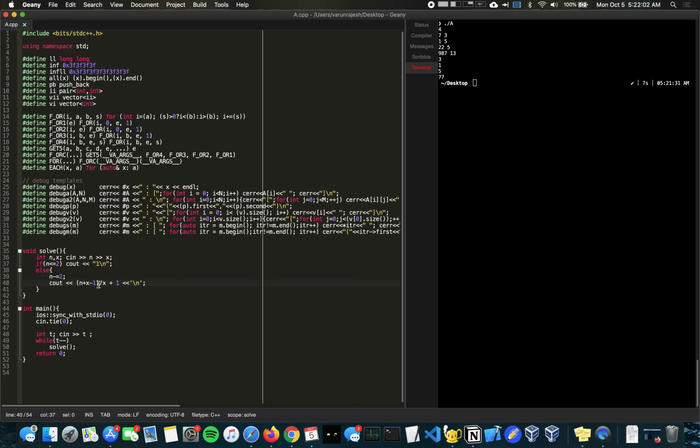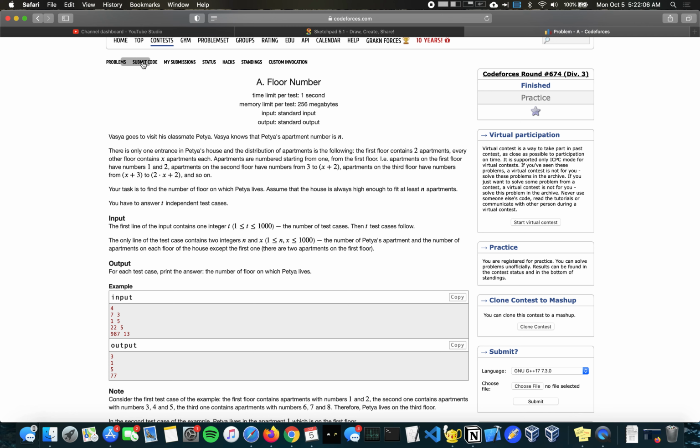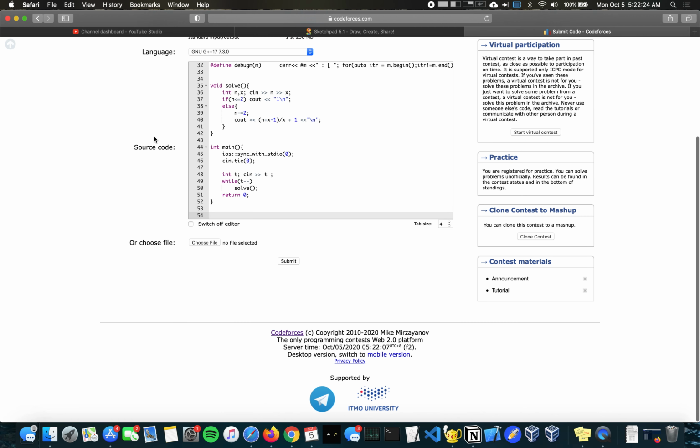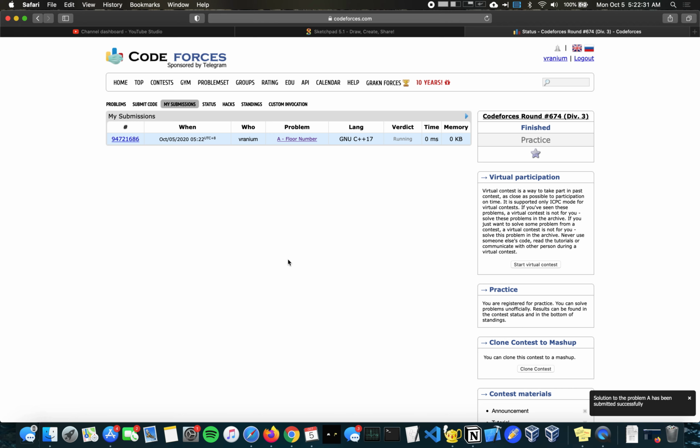So this is just a fast way to find the upper bound. So hopefully this should work. And voila,